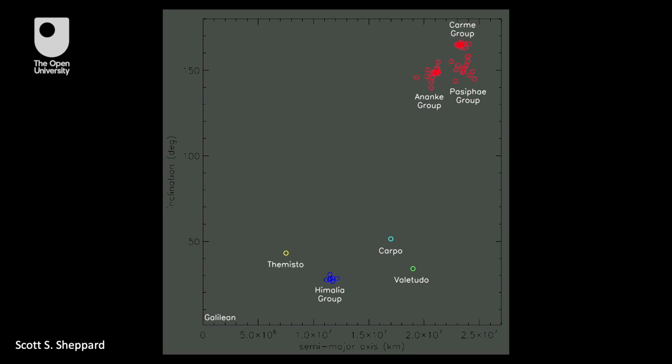Valetudo was indeed the green orbit, and Carpo's the blue orbit. And there are several sharing similar orbits, which are prograde, which are the Himalia group. And the Galilean moons plot right down at the bottom. They've got very low inclinations and relatively small semi-major axes. So, families of Jupiter's moons, and all these outer ones